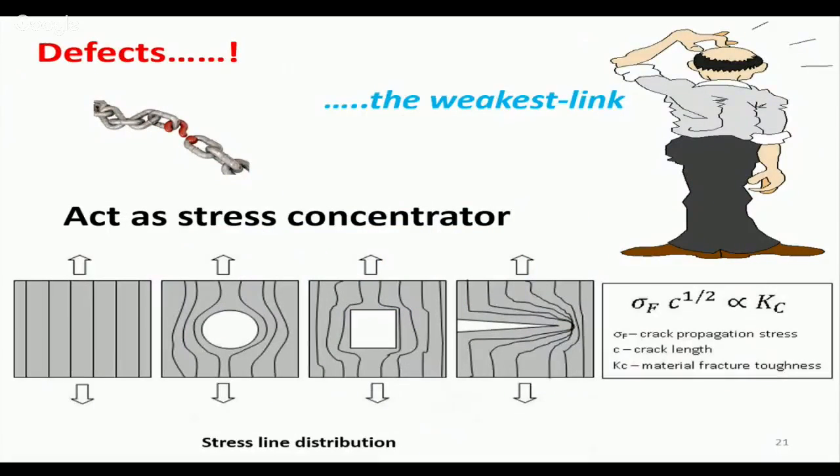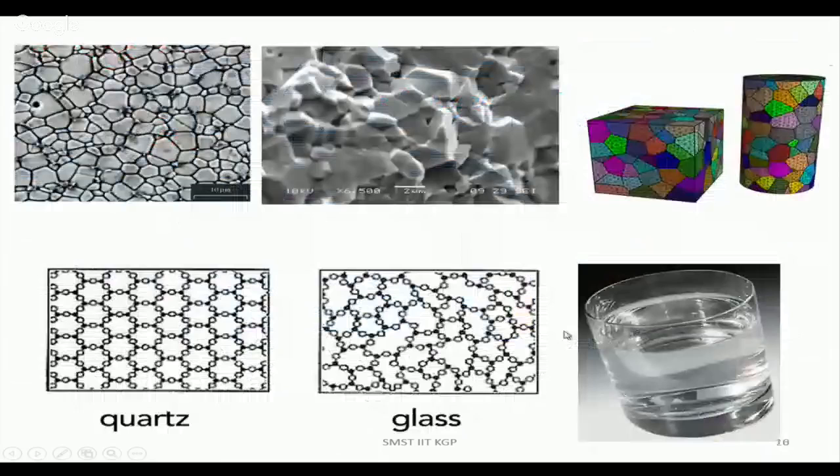While you are considering any of the materials, or you are going for fabrication of any of the materials, can you think of defect free materials? No, it is impossible. So there will be defects, and these defects act like a stress concentrator, right? I think everybody knows. As you can see, there are defects. The defects could be circular, flat, or a notch. And as we already discussed,